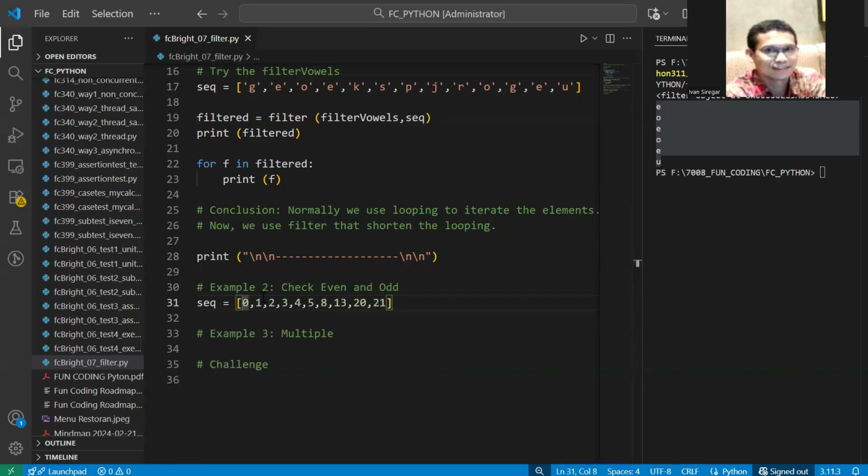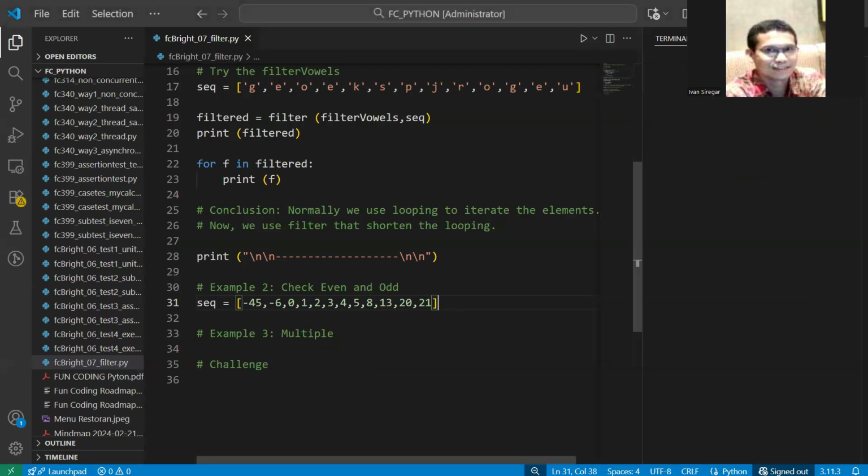So you can put minus 45, minus 5, 7, like this. Okay, we have this, and then we can run. Make sure that this doesn't raise any new error.